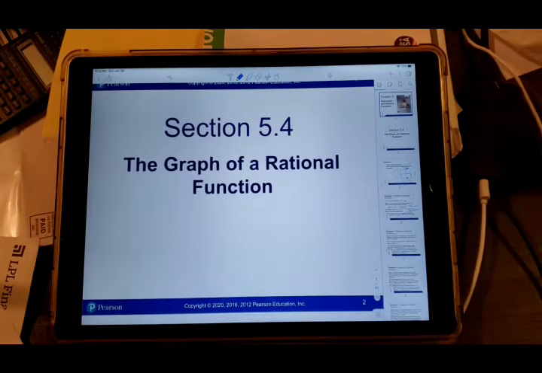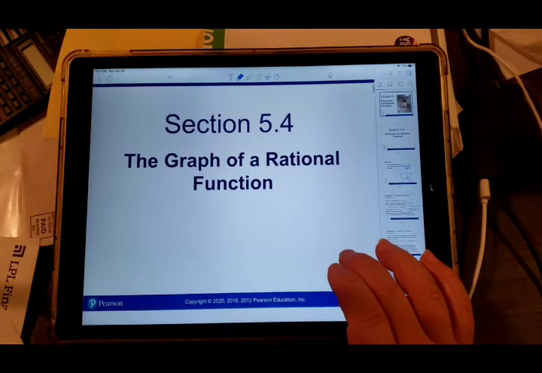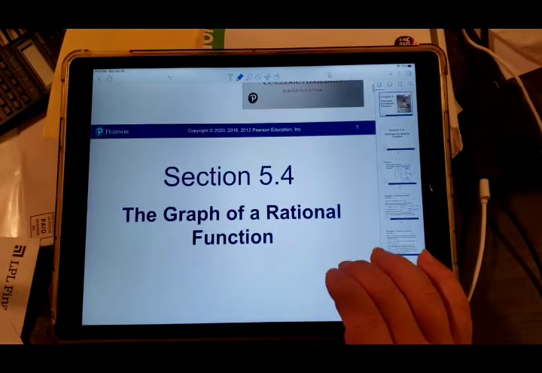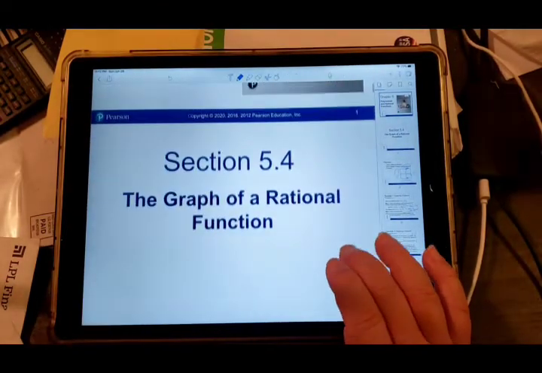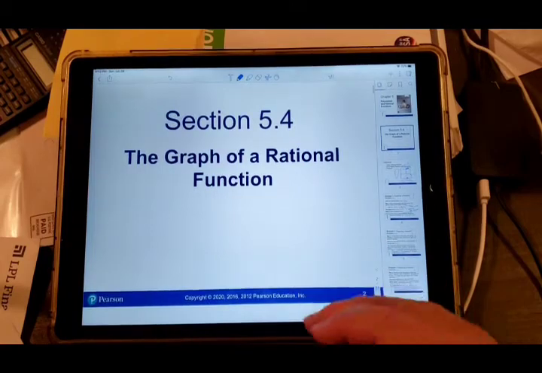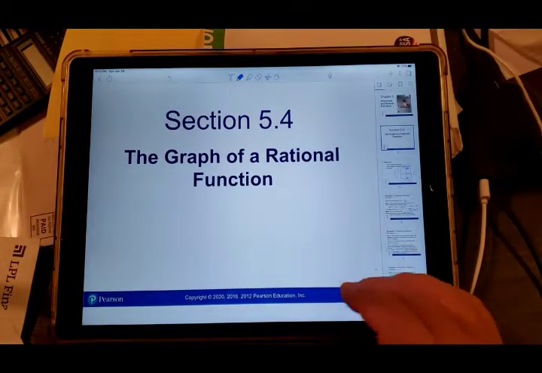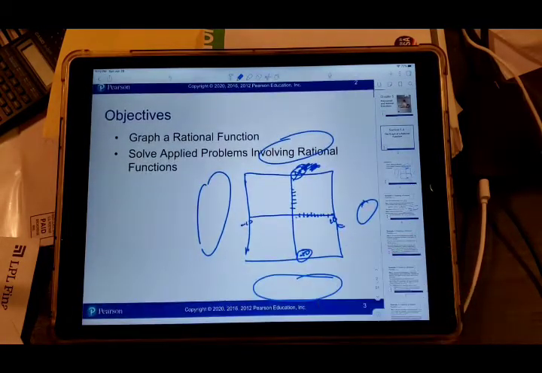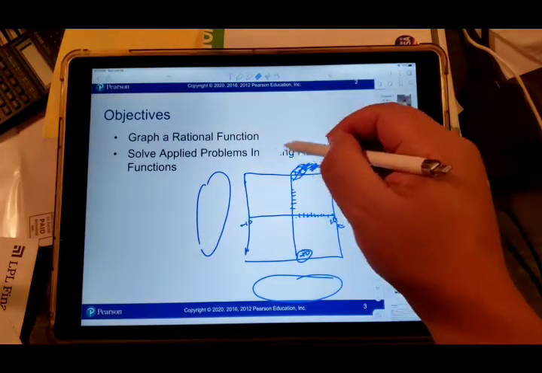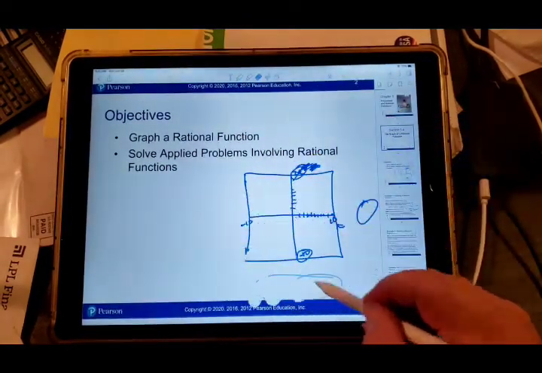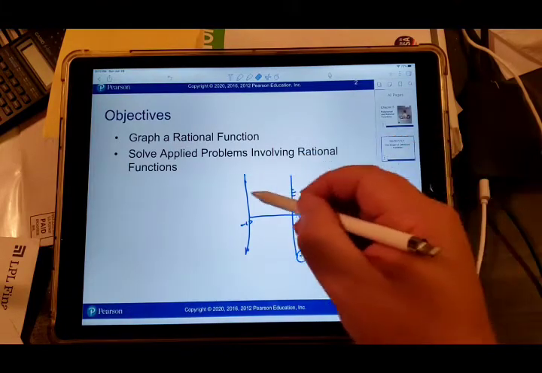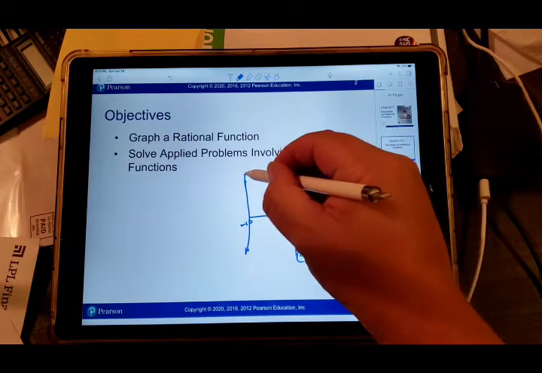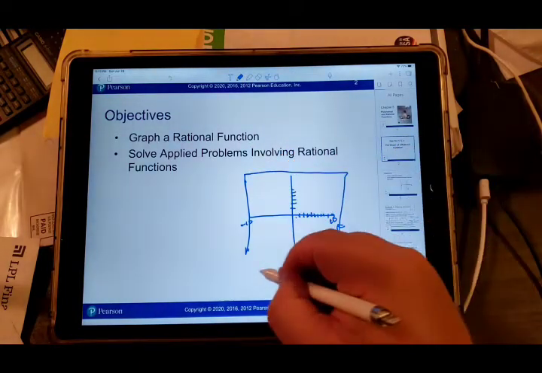All right, so this is 5.4, graphing a rational function. And it's more than that. It's also the story the graph tells us. So I like to say the rational function tells us more importantly than the other graph. With a rational function, our job is to answer the question with the graph, what